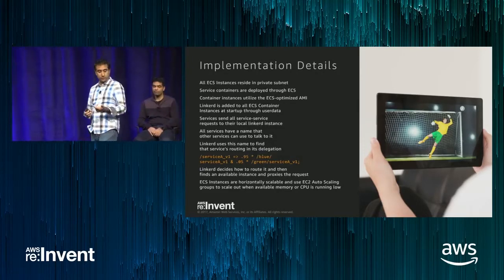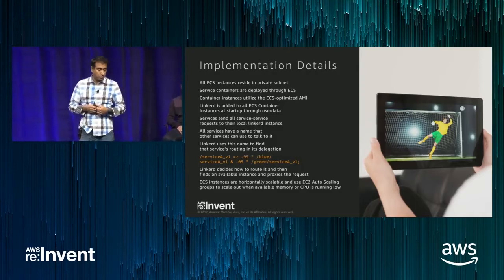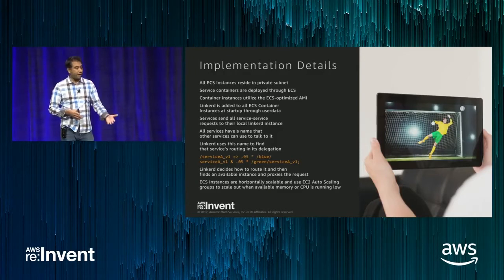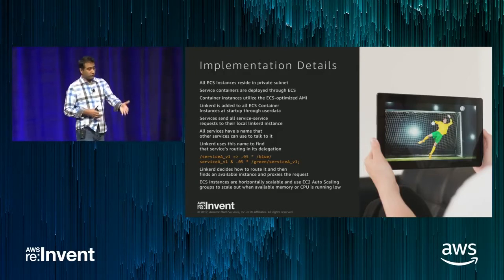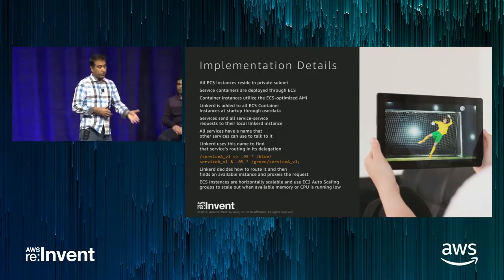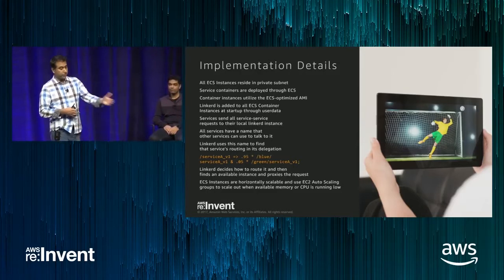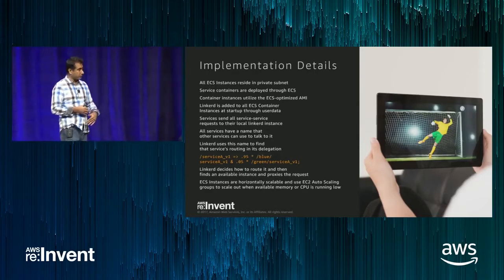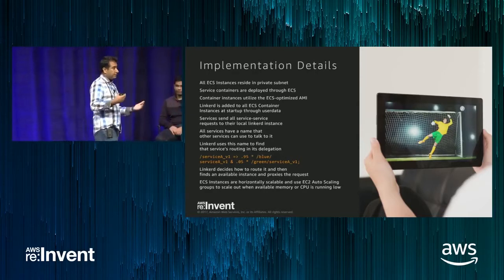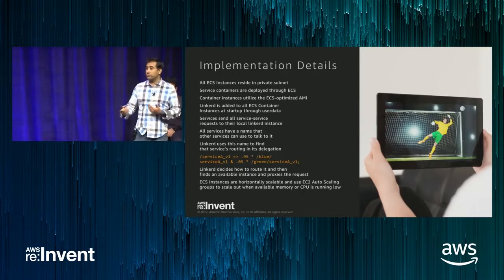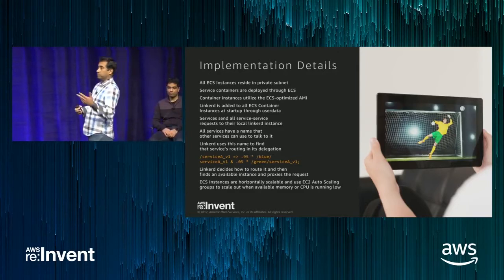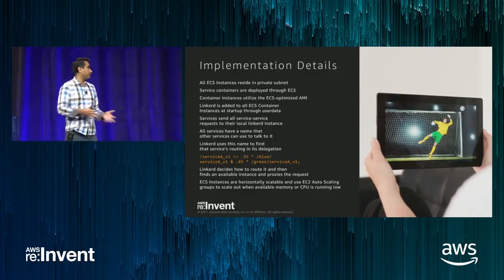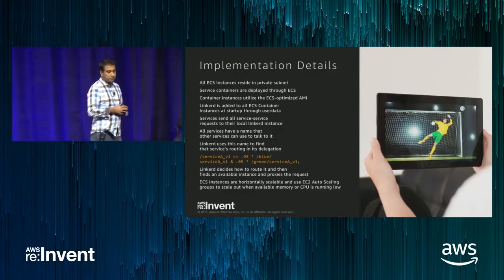Now, the way that we can achieve blue and green deployments would be by setting it so that 95% of the requests to this service, service A underscore v1, should go to the blue version of service A, and 5% should go to the green version of service A. So the individual teams can actually control this, and you can set blue, green, orange, purple, whatever, and they can control the percentages up to 100%, of course.